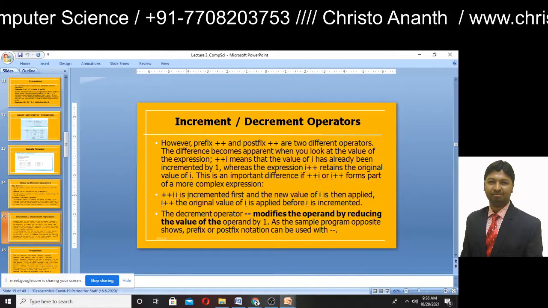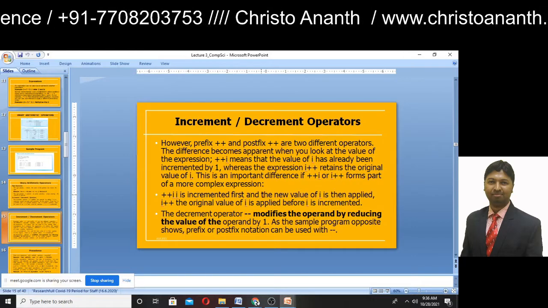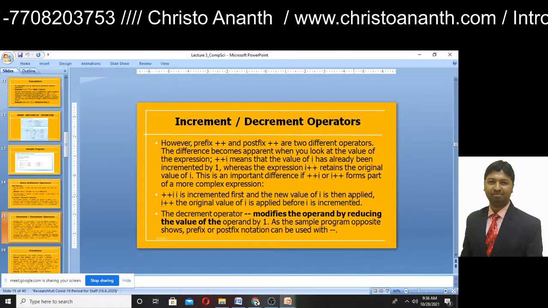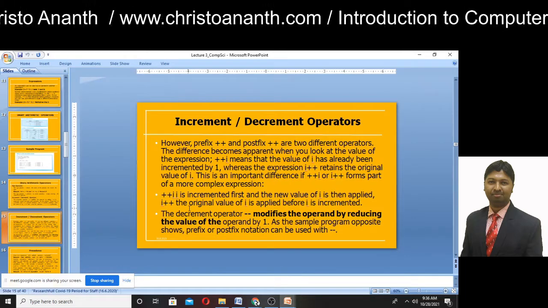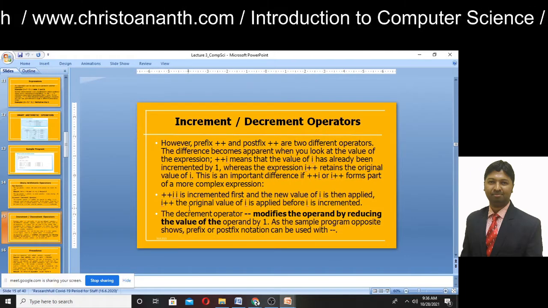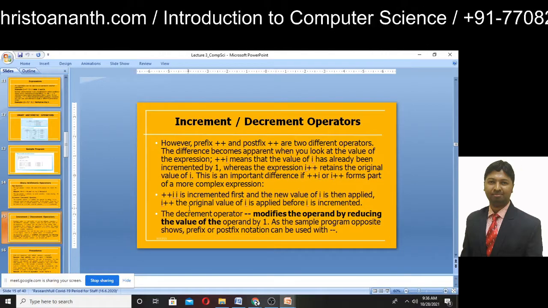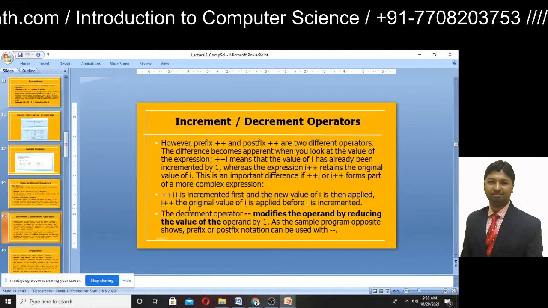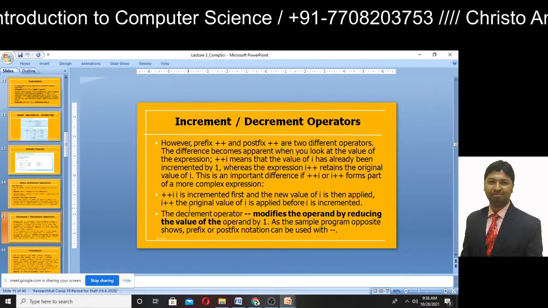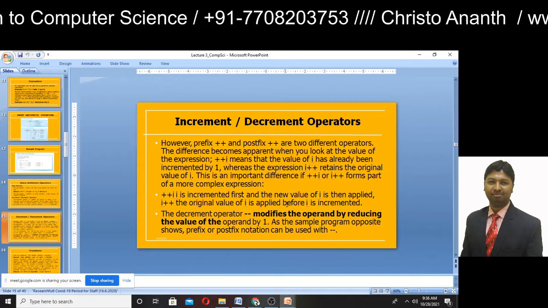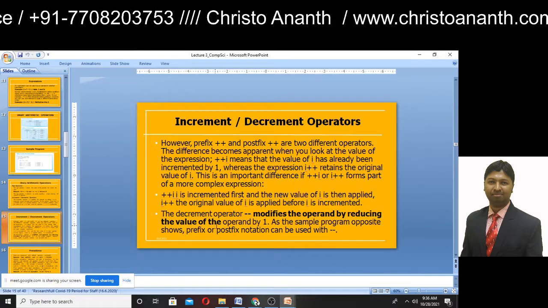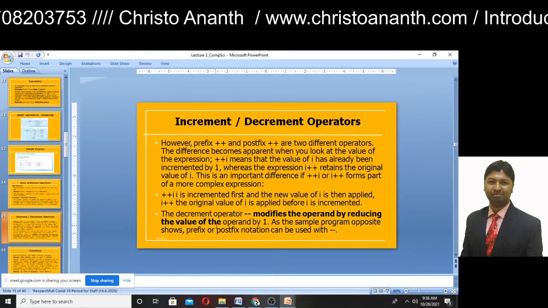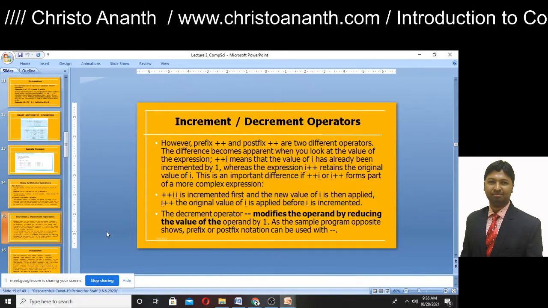So ++i is incremented first and then the new value of i is applied. i++ means the original value of i is applied before i is incremented. The decrement operator modifies the operand by reducing its value by 1. So this is increment as well as decrement.